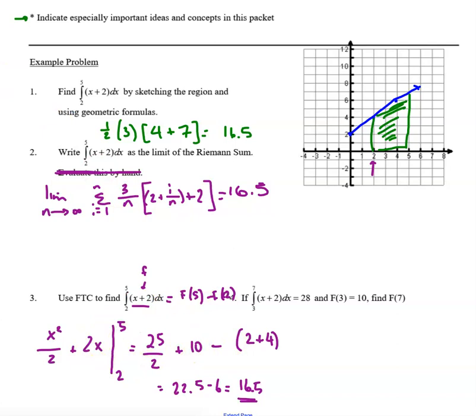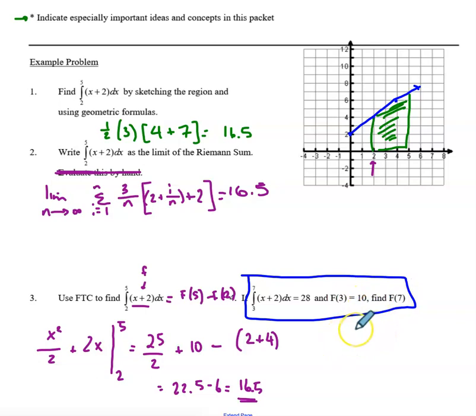And now we can also use the FTC for using properties of integrals to solve a problem like this, which is a really standard multiple choice type problem that you might see on a test or the AP exam. Same function, x plus 2, we are integrating from 3 to 7, and we're saying that it equals 28. Now, I could have done this with known geometric shapes to show that that is actually 28, but what's interesting is that I can say that if big F of 3 is 10, I can find big F of 7,